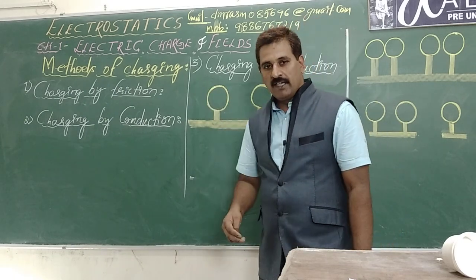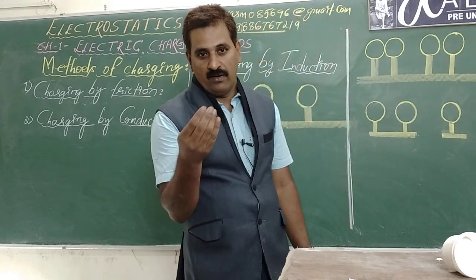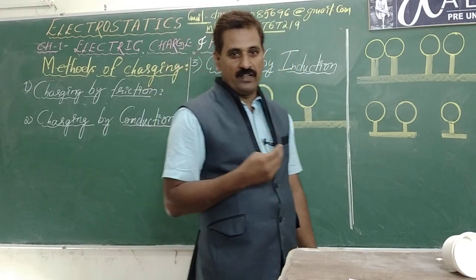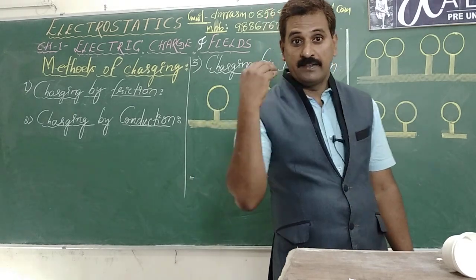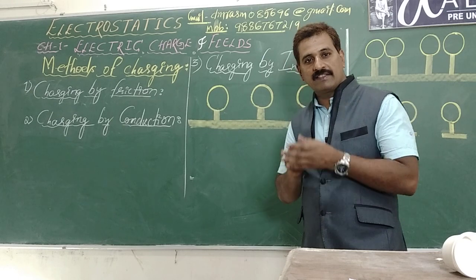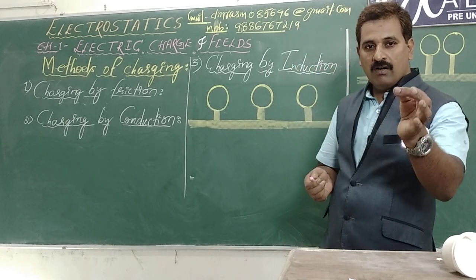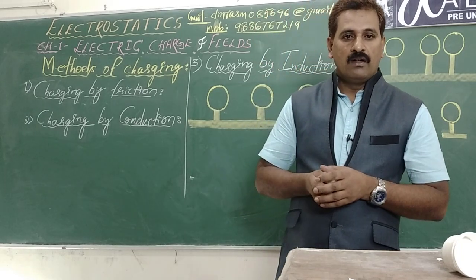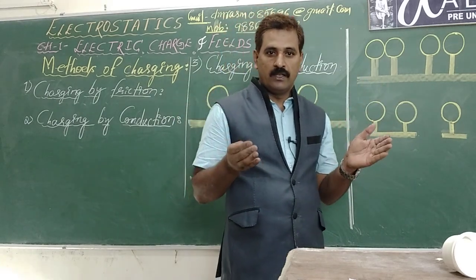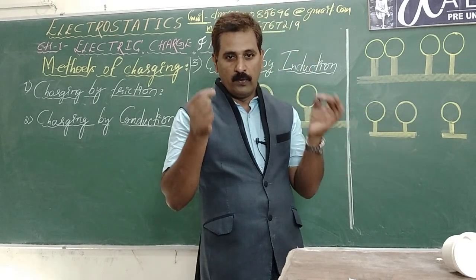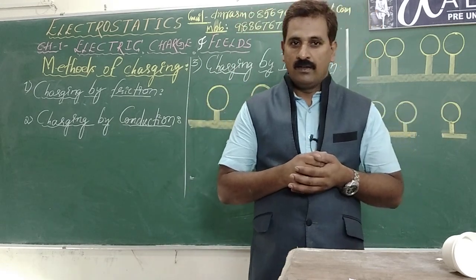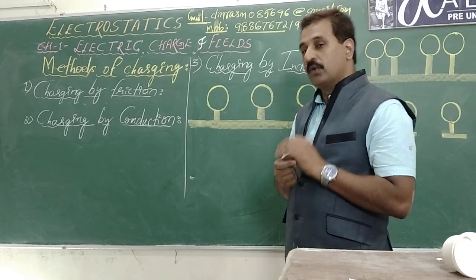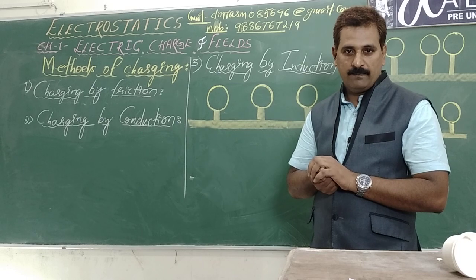Before we come to this, we will see some important recap of our last class discussion, the previous two videos. We learnt about the process of electrification, types of charges, properties of charge, and in the last video, I discussed in detail the cause for electrification, why electrification takes place. You know, all matter is made up of atoms, which are made up of basic particles, namely protons, neutrons and electrons. Protons are positively charged, electrons negatively charged, neutrons electrically neutral, right?